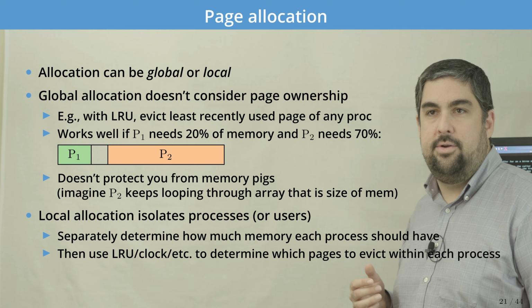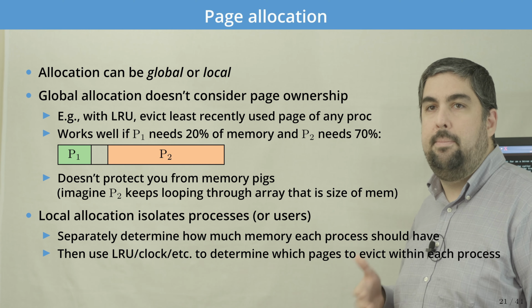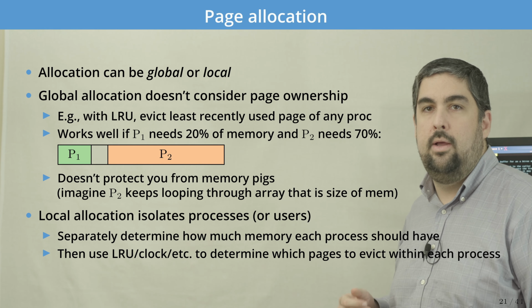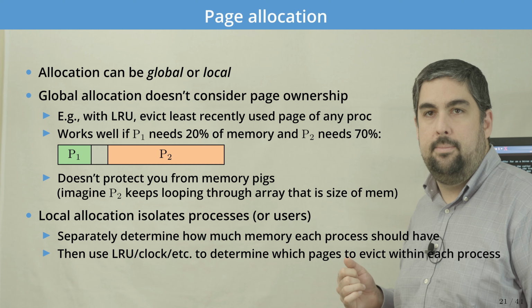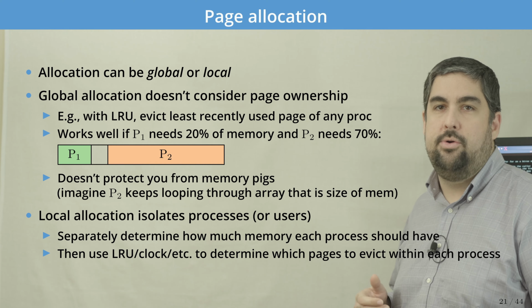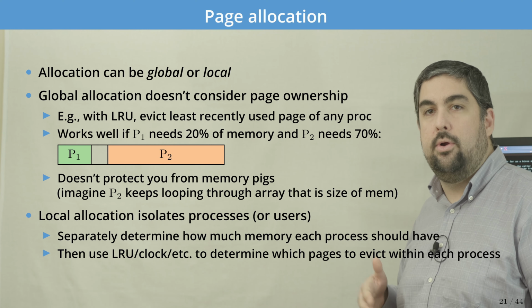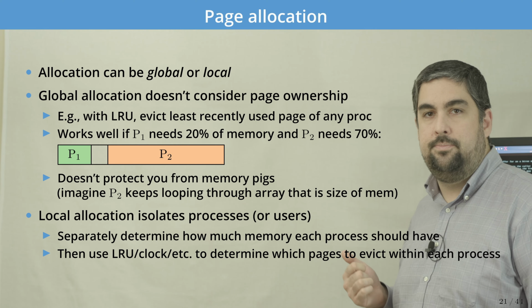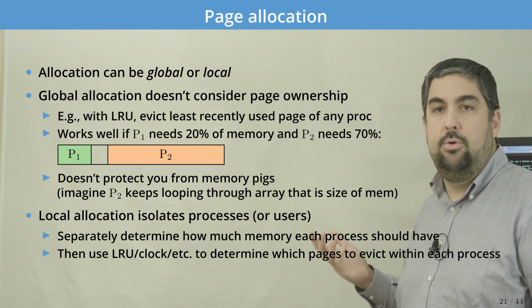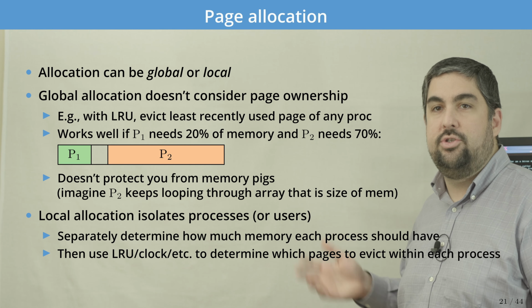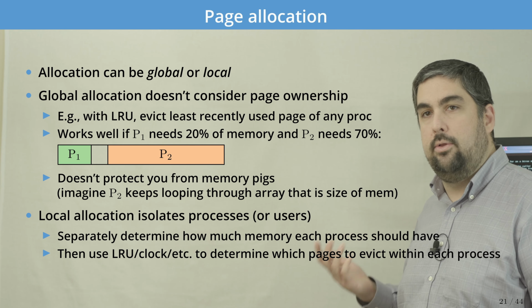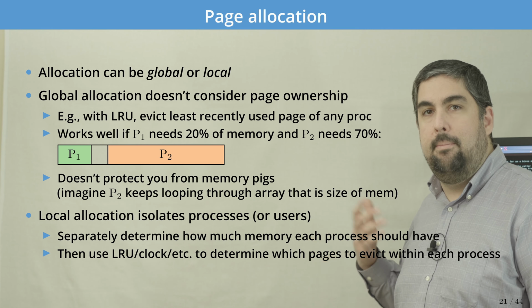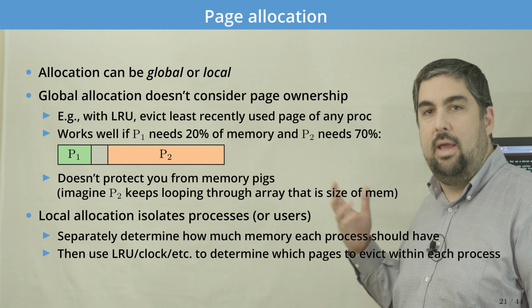A second consideration is whether the page allocation decisions are done locally or globally. A global allocation scheme doesn't consider the page ownership. It doesn't consider whether one user or one process needs more memory than the other. So imagine if you had two processes and one of them is just looping through a giant array larger than the size of memory. Well, all the page faults in it might make a global allocation scheme allocate more memory